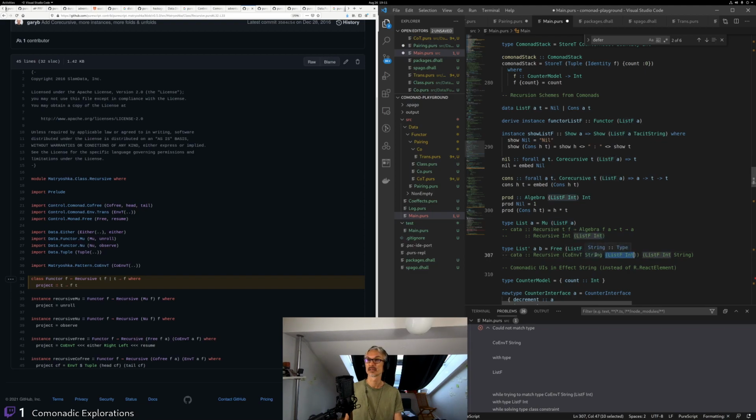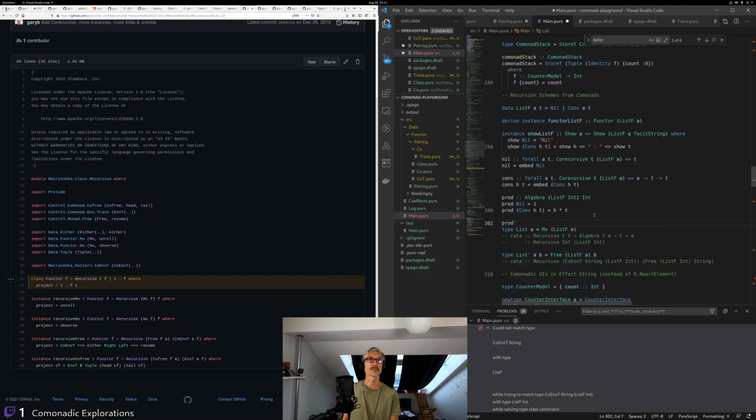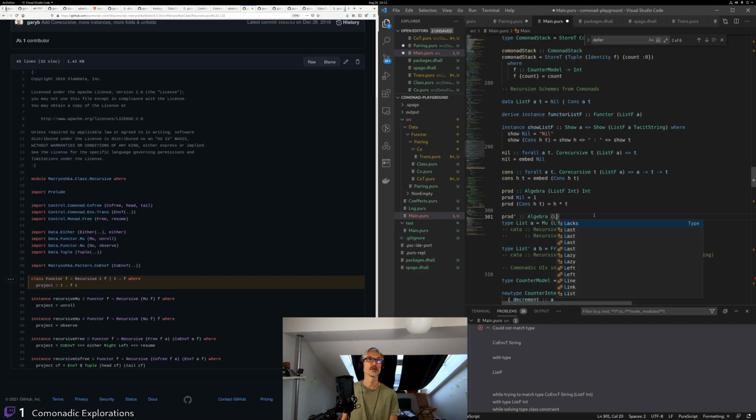That makes sense, and then string here, and that will be paired with free, not this, but free listf int string. Yes. So what this means is that we need a prot prime of type algebra listf int